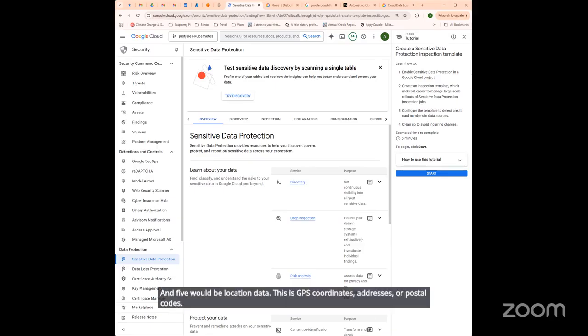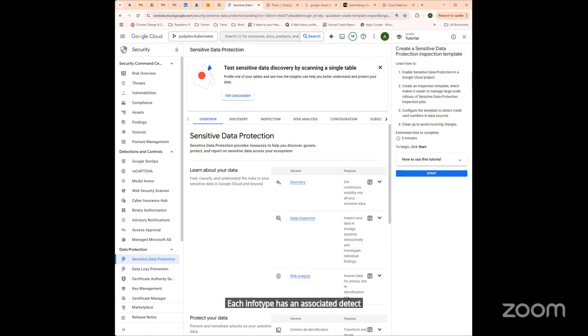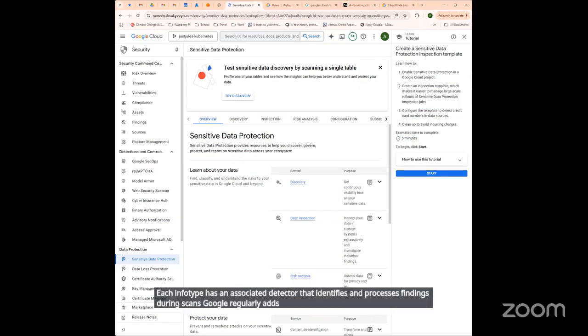Each info type has an associated detector that identifies and processes findings during scans. Google regularly adds new info type detectors to expand the service's capabilities. So examples of common info type detectors include, let's see,